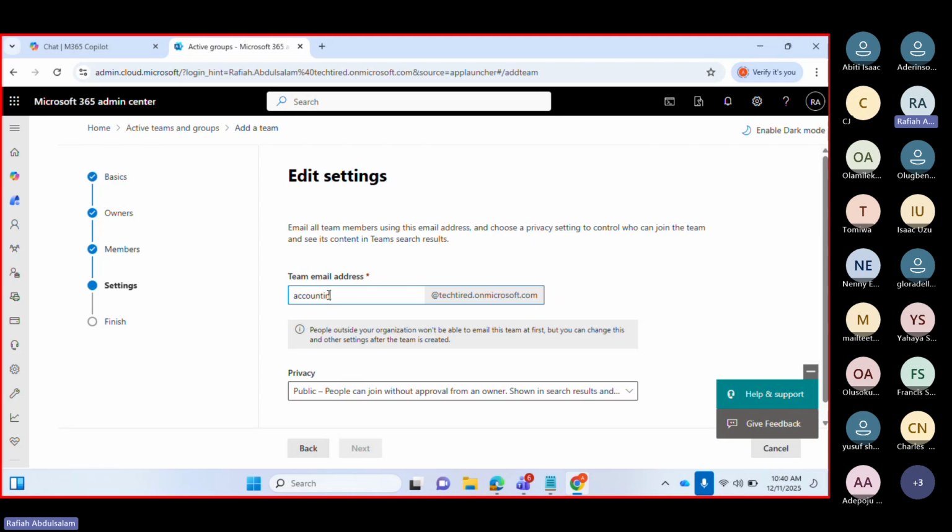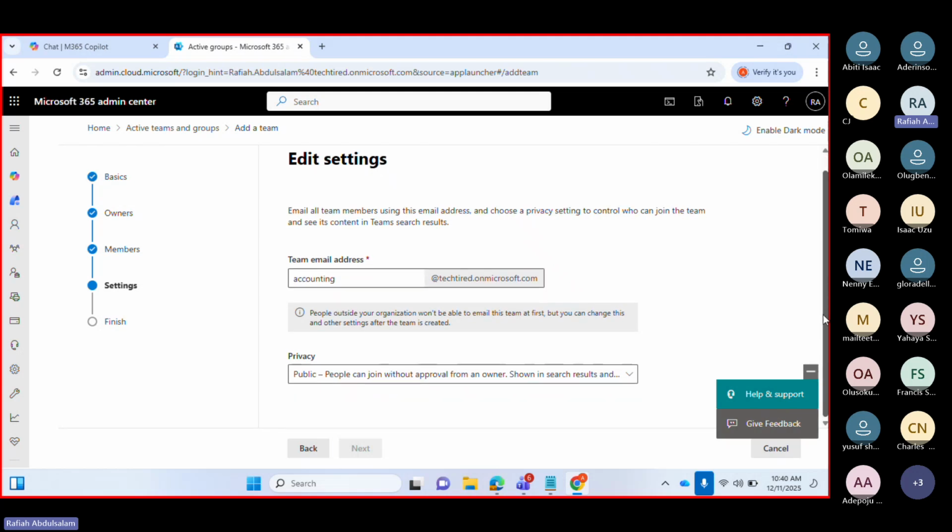And we did say that this is accounting. So if that name has already been used, you will not be able to create that, use that email address. So we have that